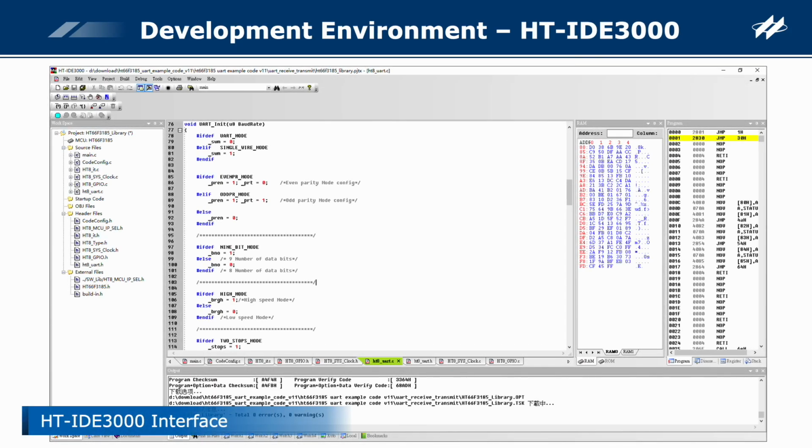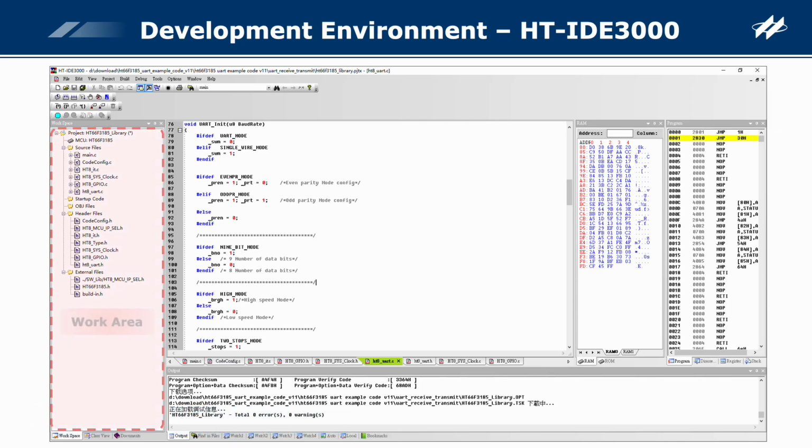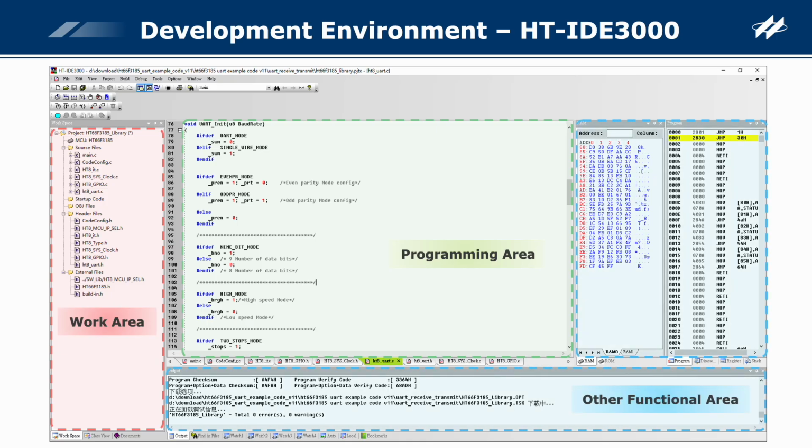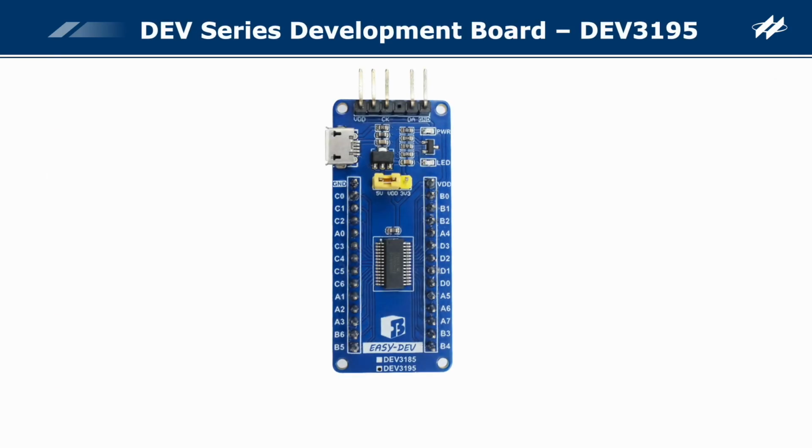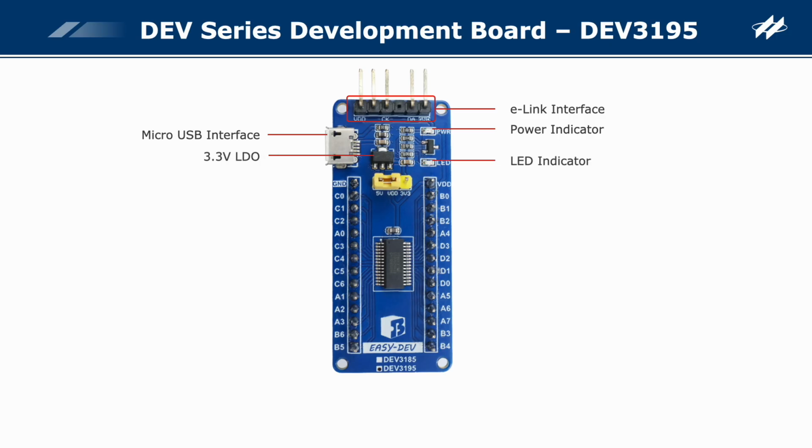Let's review the HT8 3000 main interface, which consists of the following parts, including the workspace, the editor area, and other functional areas. The DEV3195 development board includes an E-Link interface, a micro USB interface, a power indicator, a 3.3-volt LDO, a LED indicator, a power selection circuit, I/O pins, and the